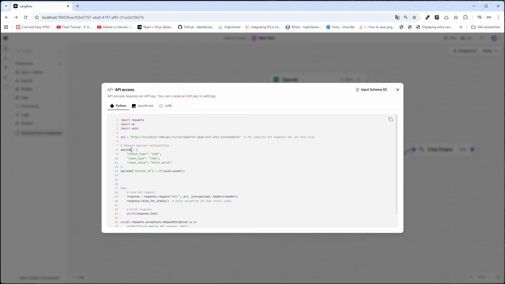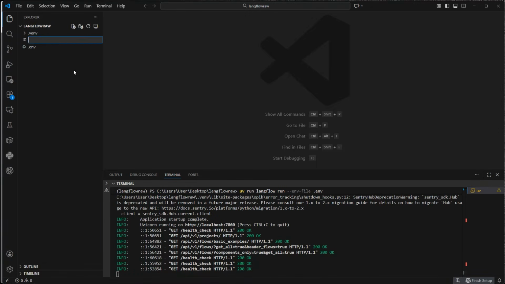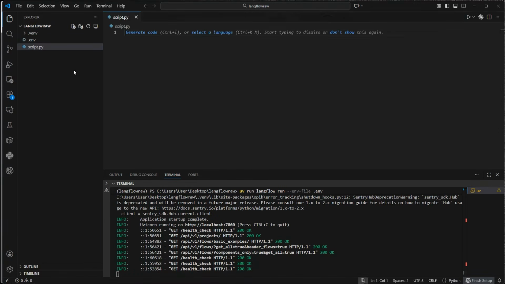So what we send to this API is the following. We've got a dictionary with output type and input type. Since we used chat input and chat output, this will be of type chat, and the input value is what we just typed in the UI. We've also got a session ID, which is used when you've got, let's say, chat memory. Some applications have that, and you can extract the session ID to identify the user or chat session that this request belongs to. So we can just copy that and then create a new file here, call it script.py,